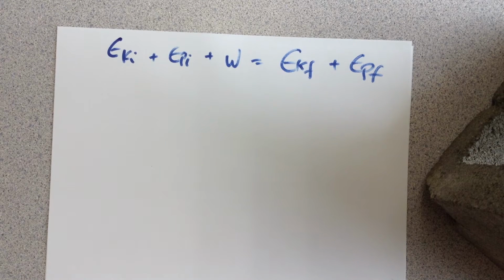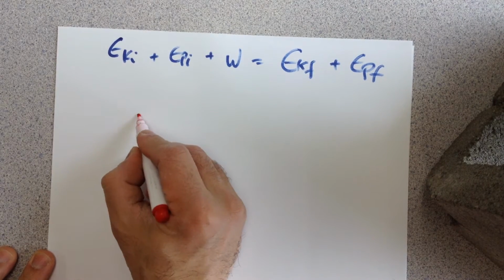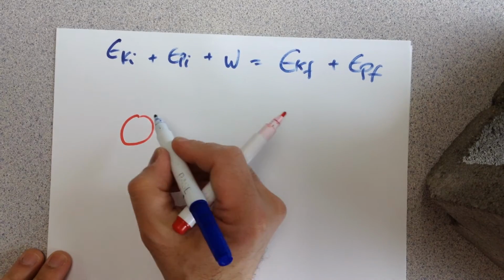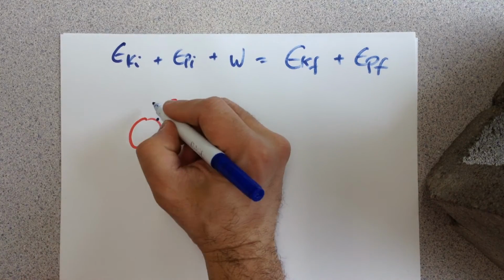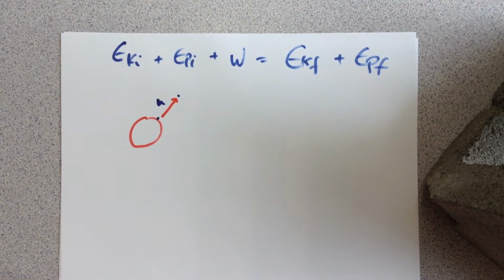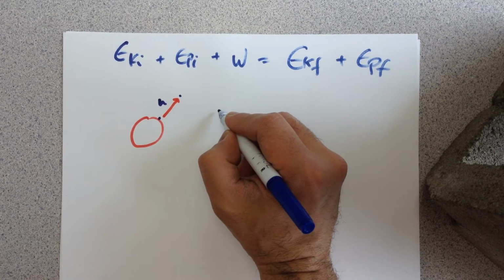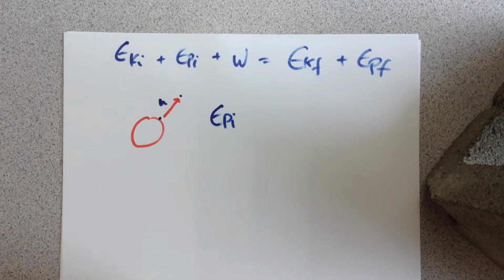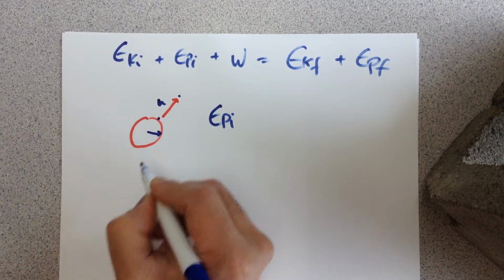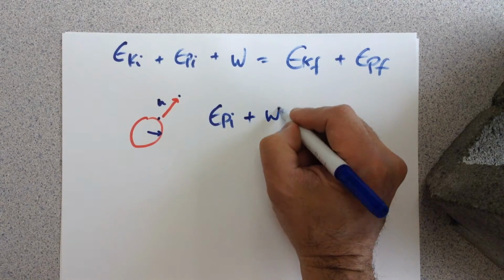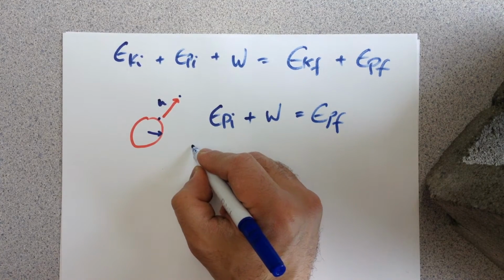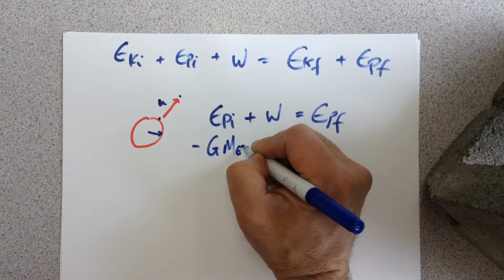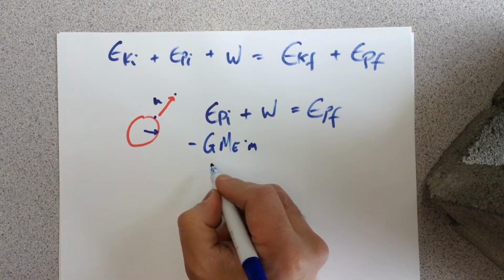The most basic version of this would be if you wanted to find the work to move an object from the surface of the Earth. So there's the Earth, we have an object sitting on it, we want to move that object up to some higher height, and the object's now above the Earth. So to solve that, we would say that the initial potential energy, and it has potential energy because R is not zero, it's at the surface of the Earth, plus the work you do on it is equal to the potential final. So that becomes negative G times the mass of the Earth times the mass of whatever the object is, divided